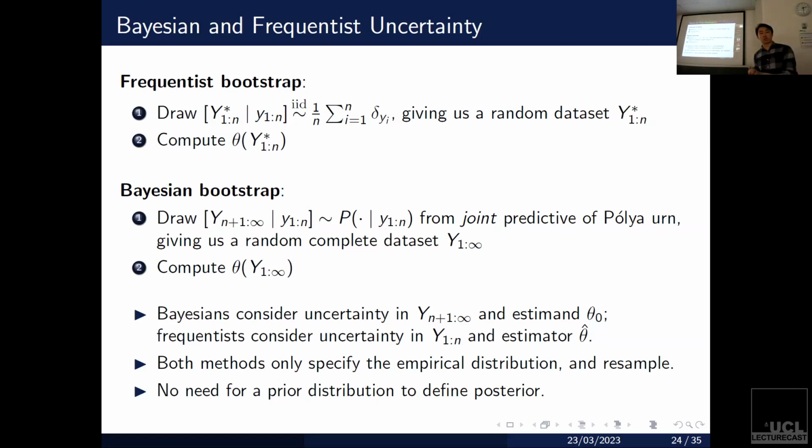I like this comparison because both methods start with essentially the same thing. We start with the empirical distribution. We do some version of resampling. One resamples with replacement, the other resamples in this Polya urn scheme. But the key thing we want to highlight here is that we fundamentally differentiated between Bayes and Frequentism without the need for some prior distribution or likelihood in the first place. Nowhere here have we explicitly discussed what the prior distribution is over any parameter or distribution. We just started with the predictive. And I think this is a nice way to compare Bayes and Frequentist on equal footing. Essentially, you're looking at different sides of the population.